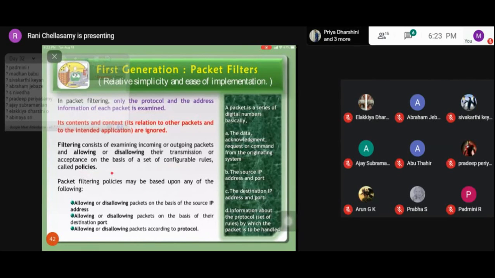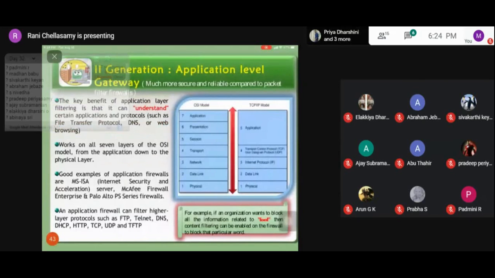So these packet filtering policies may be based on any of the following. For example, allowing or disallowing packets based on the source IP address. The source IP address may be a trusted one, and so it can be allowed to pass on to the network. Allowing or disallowing packets on the basis of the destination port. Allowing or disallowing packets according to the protocol. So based on the protocol and the information regarding the source IP address and destination IP address, the packet filters will act upon it. Coming to the second generation, it is the application level